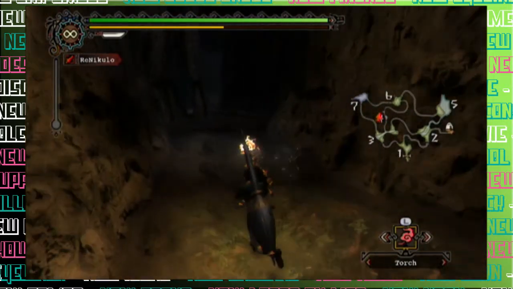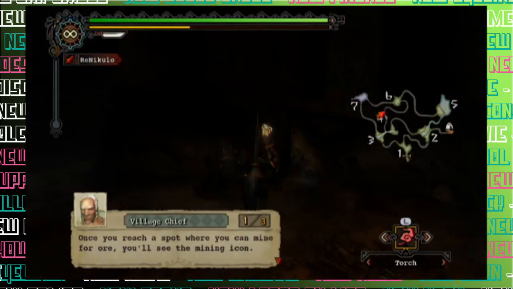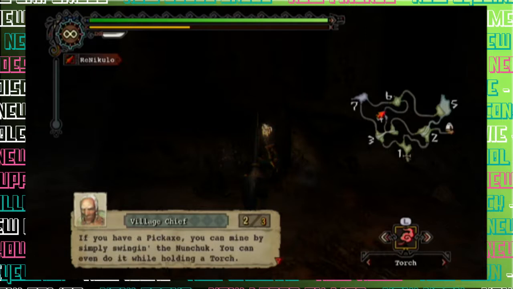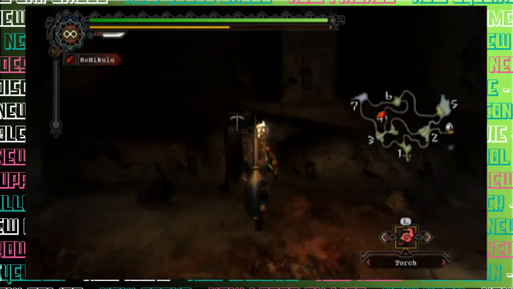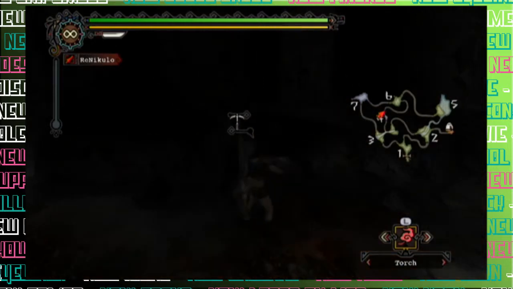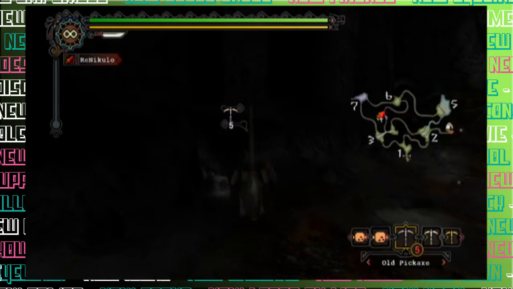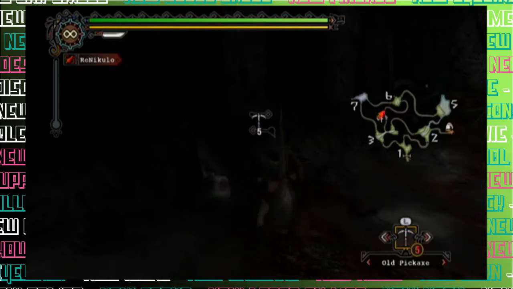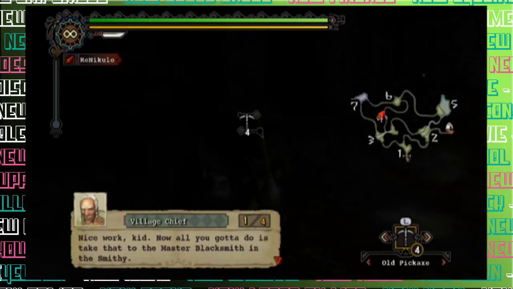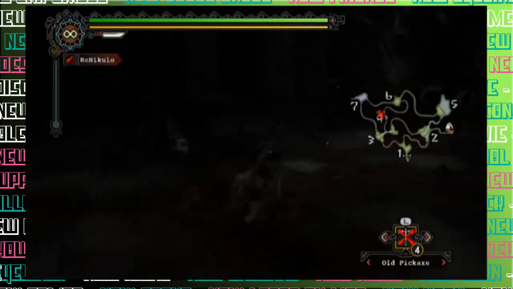I think we're getting close. Yeah, right here. There's an ore nodule. And he'll tell you that I can mine right here. I have to turn out the light. Start using a pickaxe. Nice work. Found a piece of iron ore. When I broke the pickaxe, and there's also